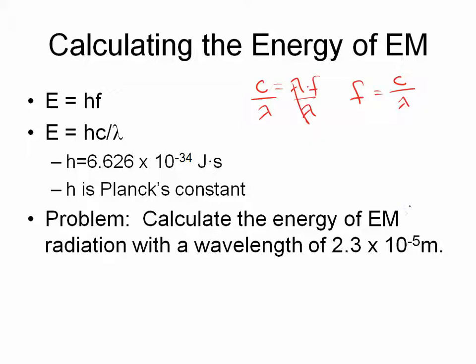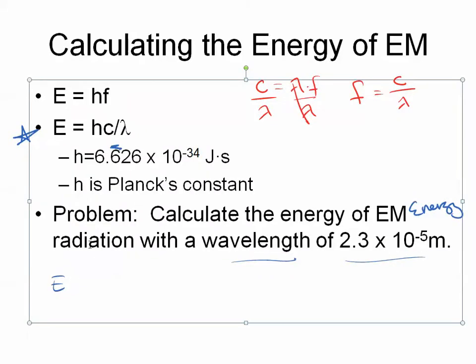This is my energy. All right, so it's asking me to calculate the energy that is associated with a wave that has a wavelength of 2.3 times 10 to the negative 5 meters. Because I'm given wavelength, I'm going to use the second equation since this one has wavelength present in it. Plugging in the values that I know, I want to calculate energy. So energy is going to stay E, and that's going to be equal to